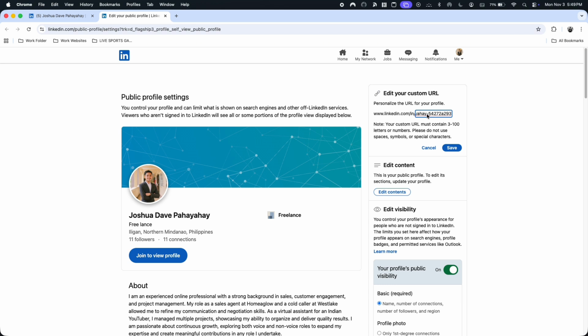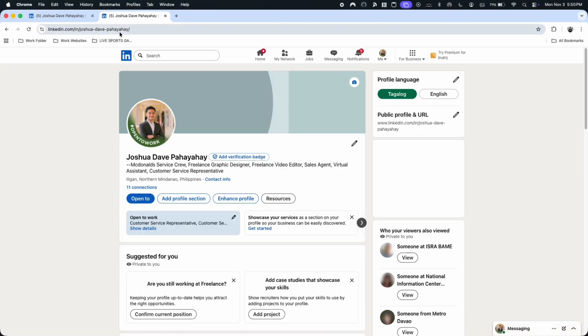And if your exact name is taken, try a middle initial or a dash. And then I click Save. And that's it. Your link should now look clean with no random numbers. Add it to your email signature, your business cards, and anywhere you want people to